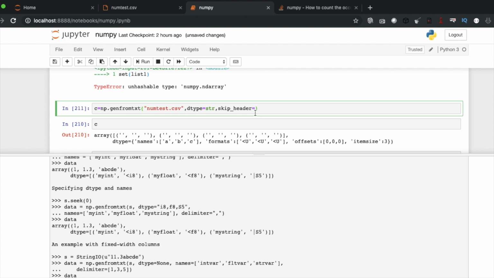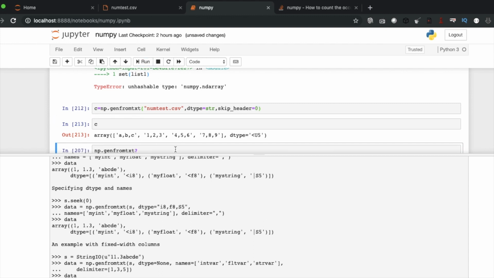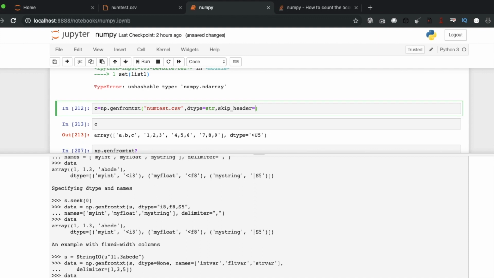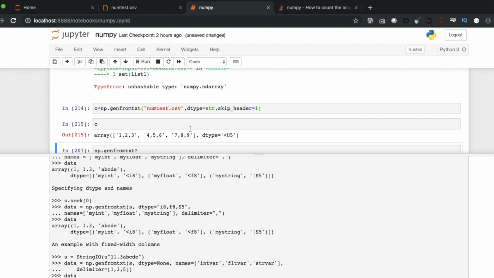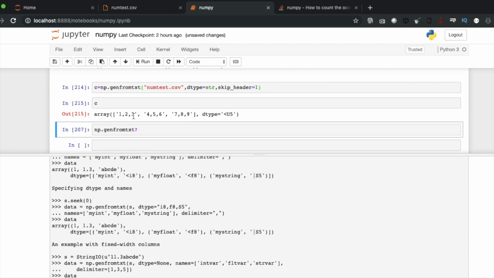Skip header 0. Okay. So array 1, 2, 3, 4, 5, 6, 7, 8, 9.